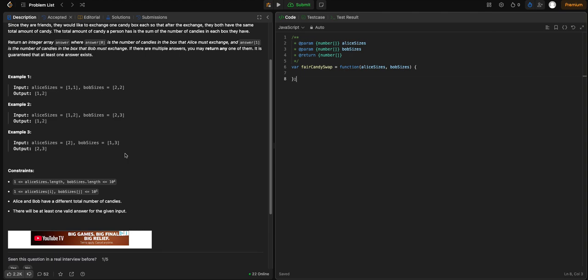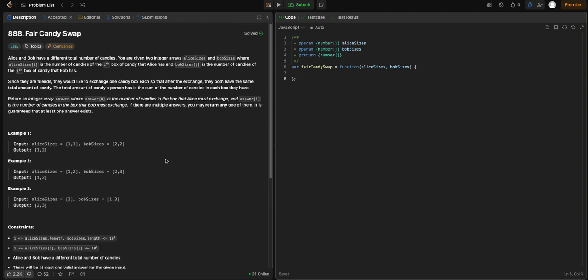So the thing that you want to really take into account here, I mean, when I initially did this, I just did a nested for loop where I would check 1 and 2. If I swapped that, were these equal? And if it wasn't the case, I would check the next pair, and the next, like that, right? So you can do that with a nested for loop pretty easily, but given this, some of the test cases will time out. Not to mention that's not a very efficient solution. So